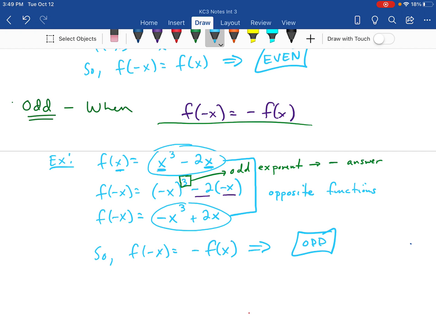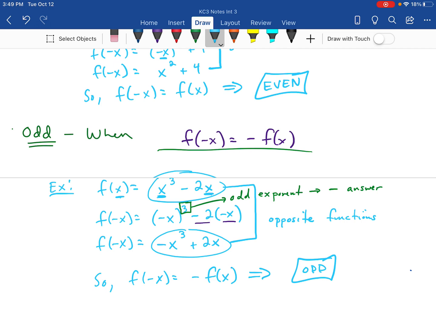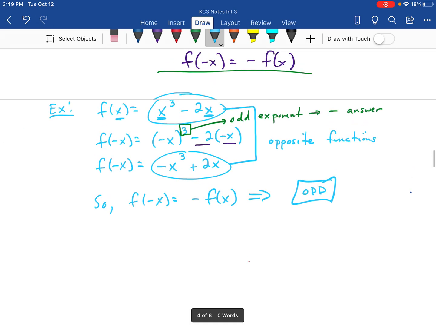Okay, now if you have a combination of the two, like if you have some terms that are the same and some that are opposite, then we say it's neither. Okay, now we did do some practice with this, so make sure that you ask me for the practice, and if you have any other questions, please let me know. But that's it for